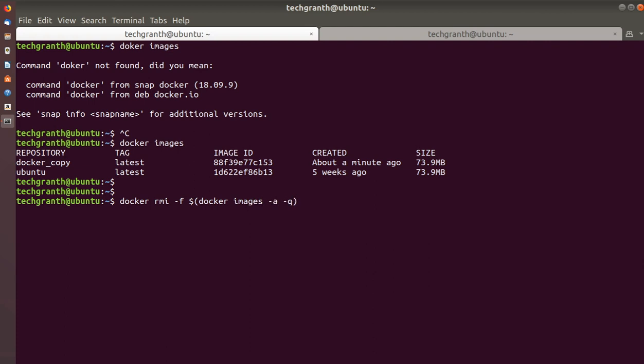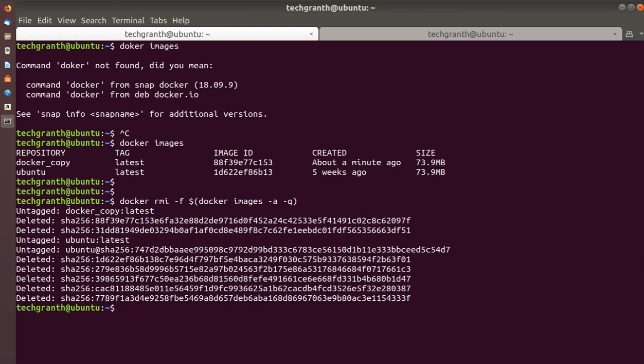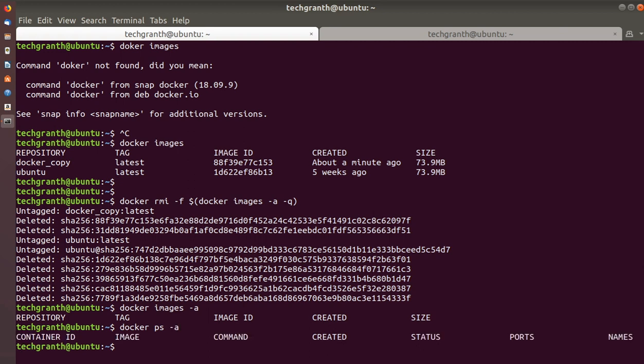Q is to provide the output of this command to the other command. Let's enter, and it will delete all our images. If I run docker images -a, we do not have any images. If we run docker ps -a, we do not have any container again.